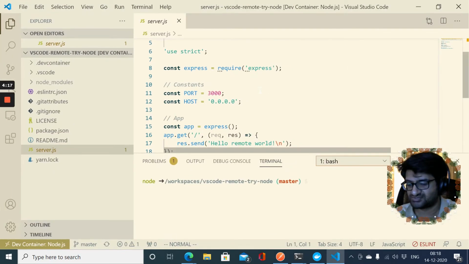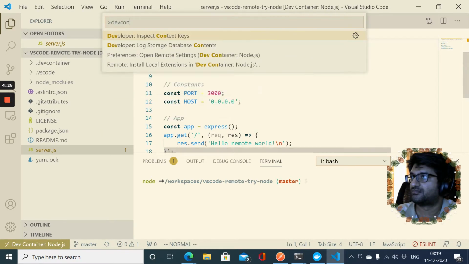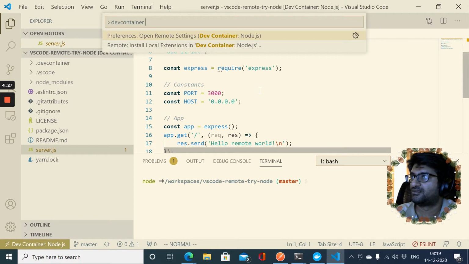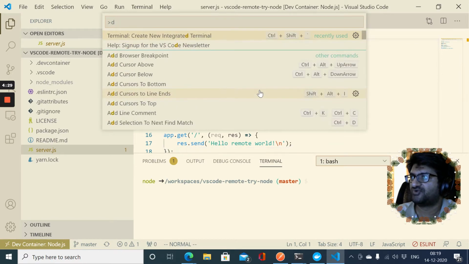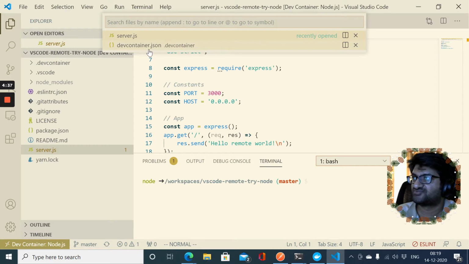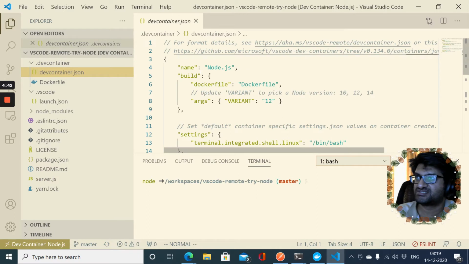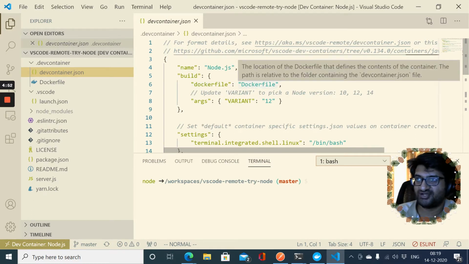We can try something else as well. We can just go for a different dev container later. But essentially, when you open a project that has this file, devcontainer.json, you'll actually see that this is a declaration format for VS Code to know that there is a dev container associated with this Node project. So that dev container is defined in a Dockerfile.